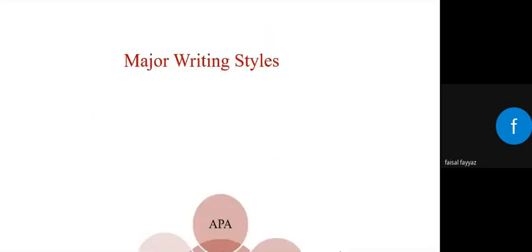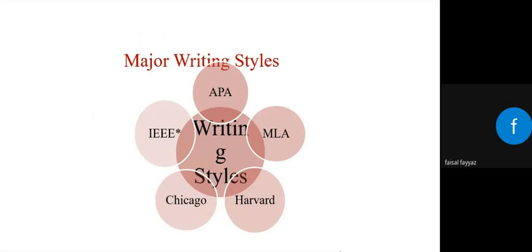Major writing styles. When we talk about them, these are some of the patterns that we know very well, which are very important: APA, MLA, IEEE, Harvard, Chicago. These are the writing styles available for your research. You can use any one, you can follow any one. So you have to manage yourself and arrange the research document